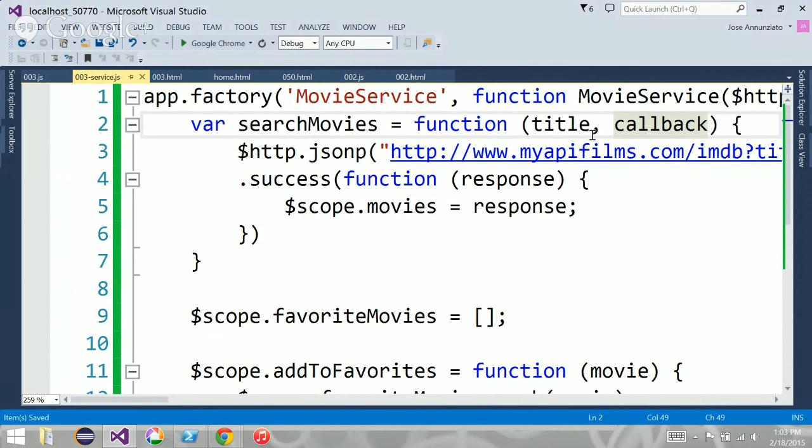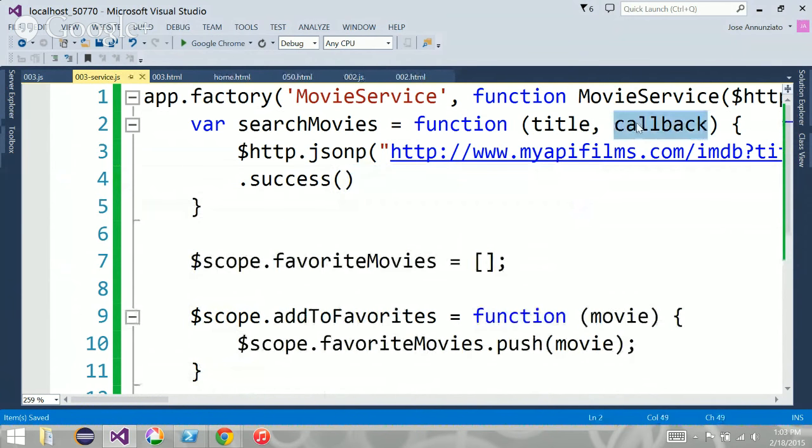I'll send you a callback where you can notify me. So your notification will be through here. You're going to call the callback that I sent you, and I'm going to be waiting for that callback to come back to me.